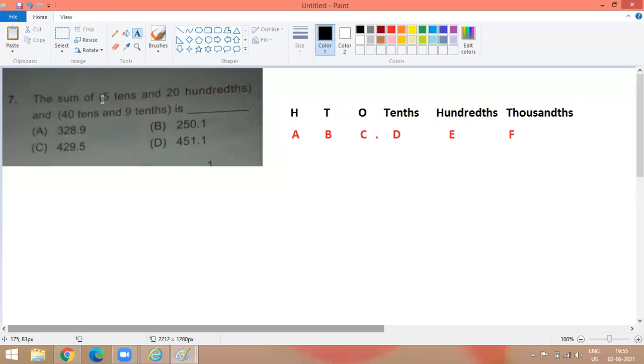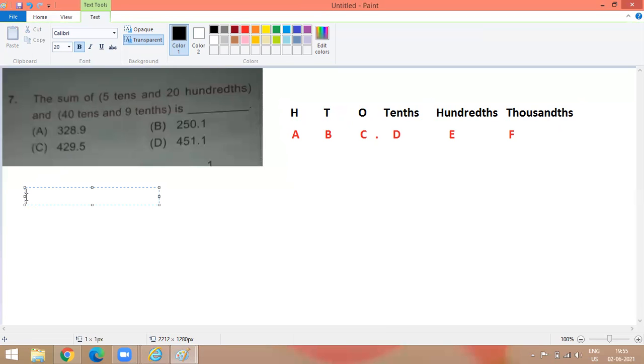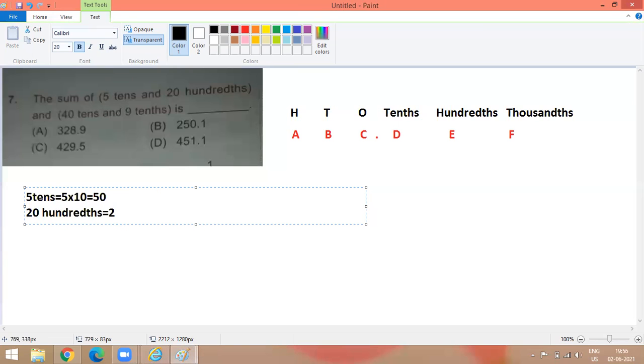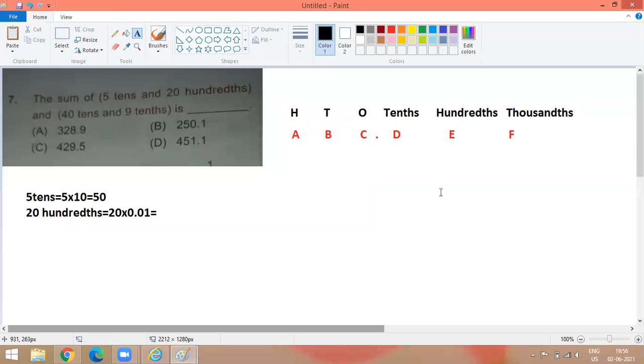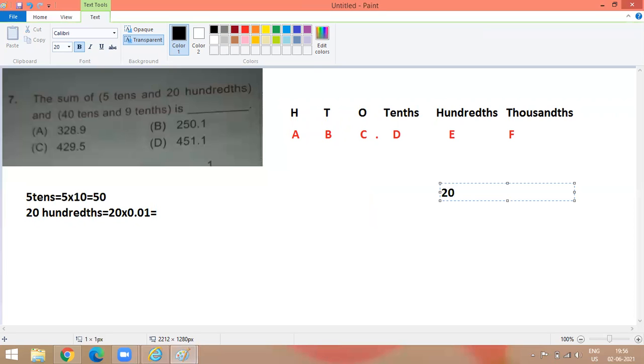Now, in the question, the first number is nothing but 5 tens and 20 hundreds. 5 tens is equal to 5 into 10, which is 50. What is 20 hundreds? You know that hundredths is the second place from your decimal point, so it can be represented as 20 into 0.01. So what you will do is you will multiply